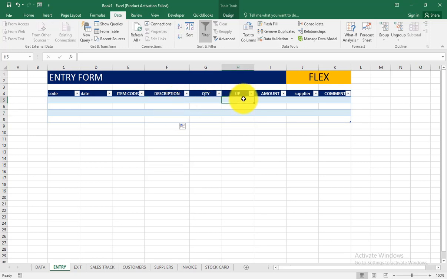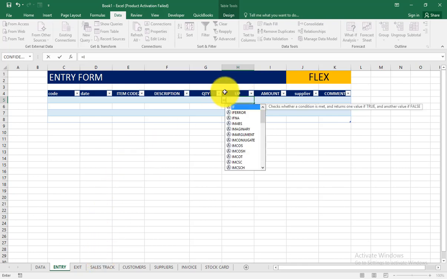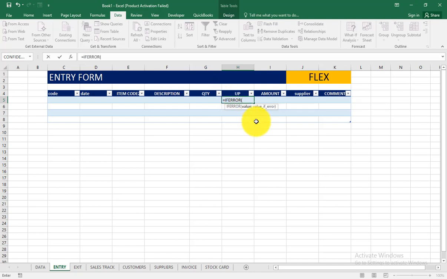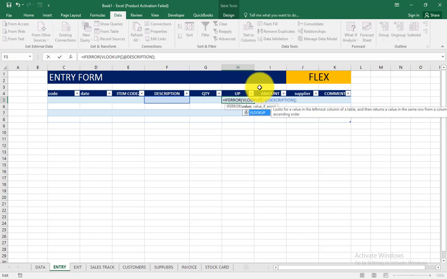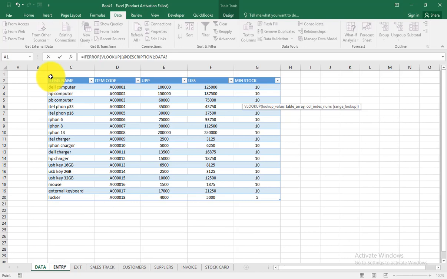So the unit price is going to be the same thing. The unit price is going to be equal to, I'll use a VLOOKUP function, IFERROR. So I'll be looking up the description. Sorry, here is VLOOKUP. I'll be looking up the description. The table array is the whole table,